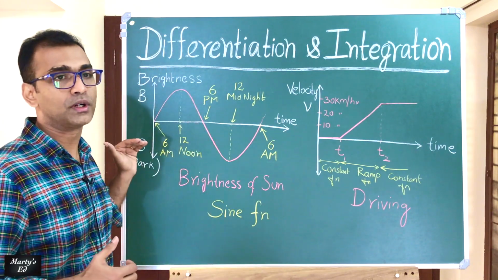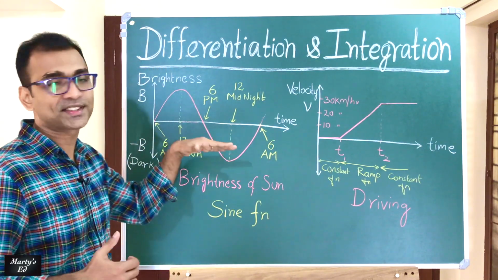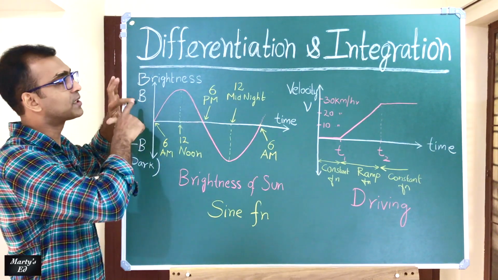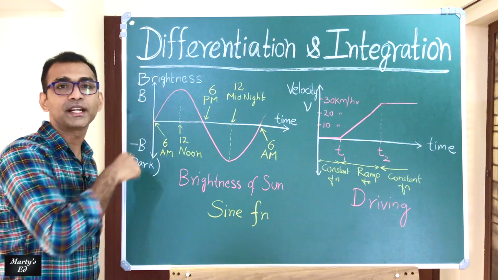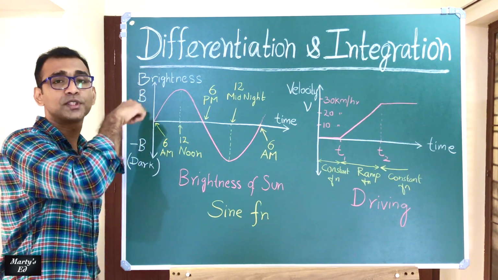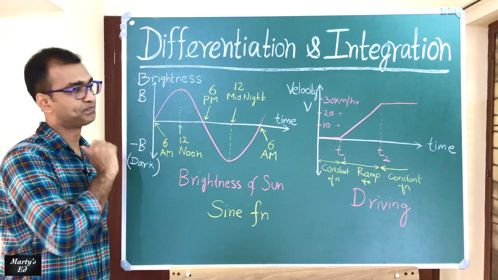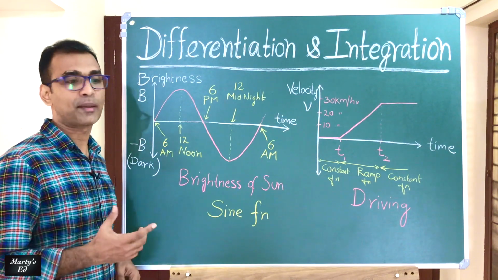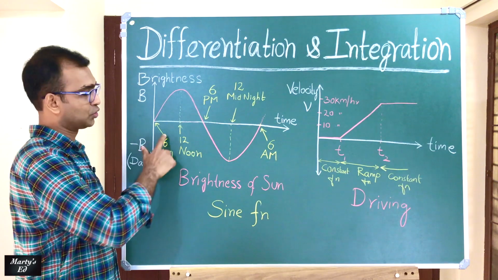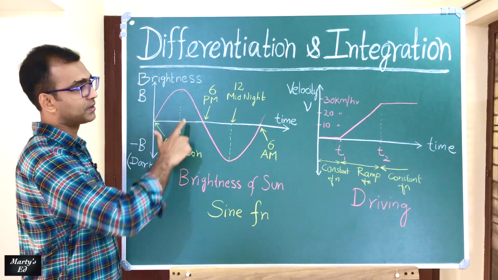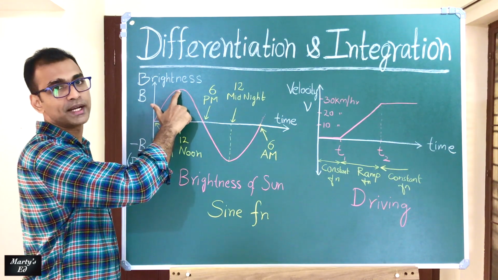So I'm going to draw a timeline. In the x-axis it is time, and in the positive y-axis I am going to take the brightness of the sun, and in the negative y-axis it is the absence of brightness, which is nothing but dark. So it is minus b. I am going to take the time lapse from 6 a.m. So at 6 a.m. it is just getting brighter, and at 12 noon it is going to the maximum bright,